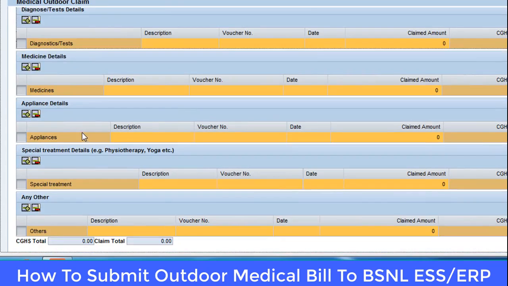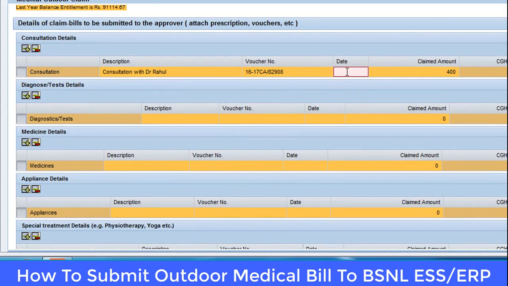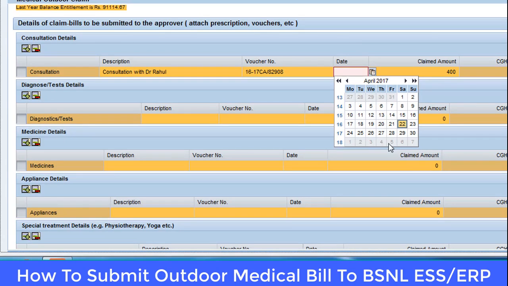So before going further, I will save it, so that if I have filled in all the required entries, some error is coming. So here the error is showing like this. I'm not sure which format is required. So it is the date.